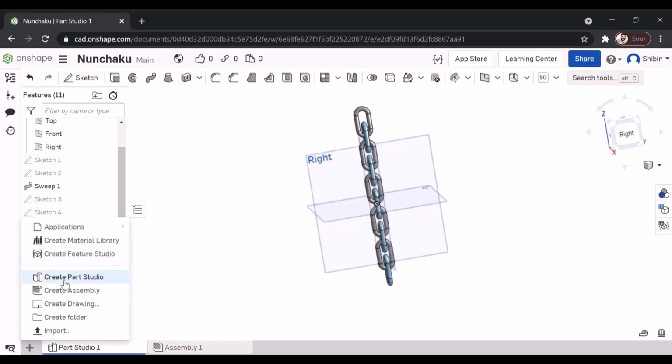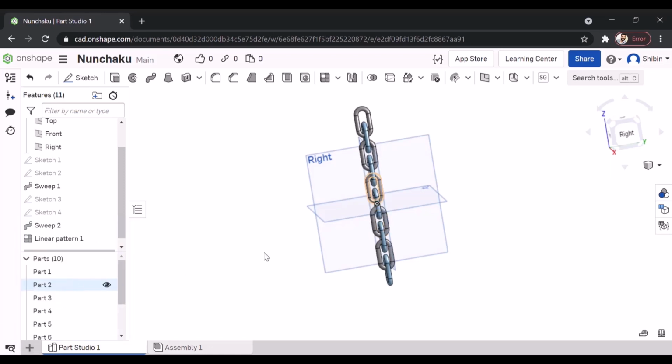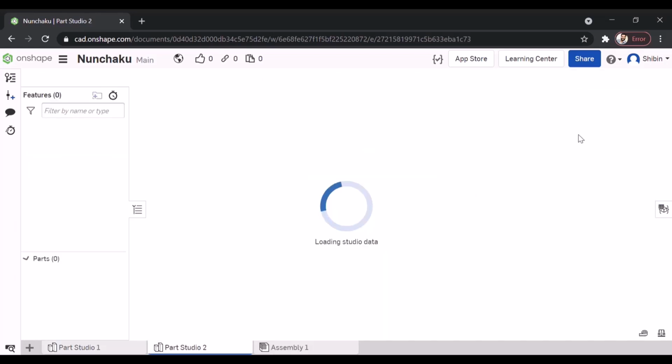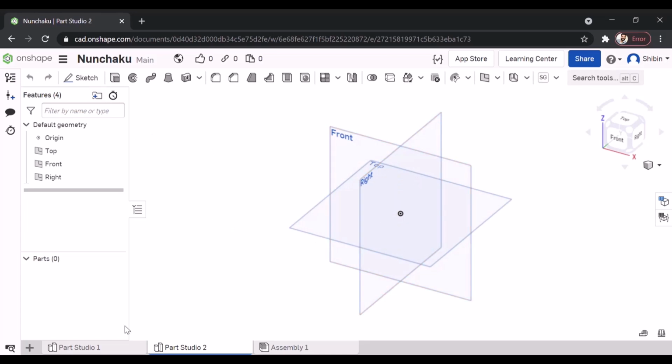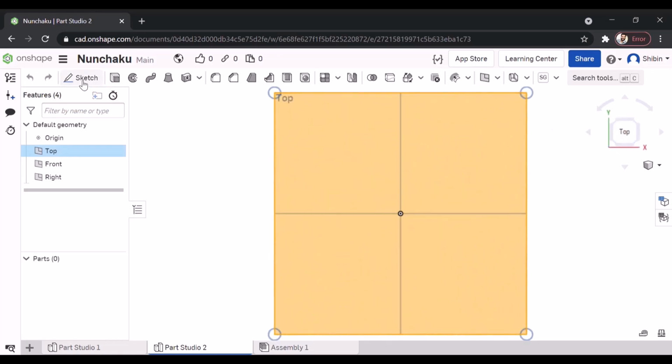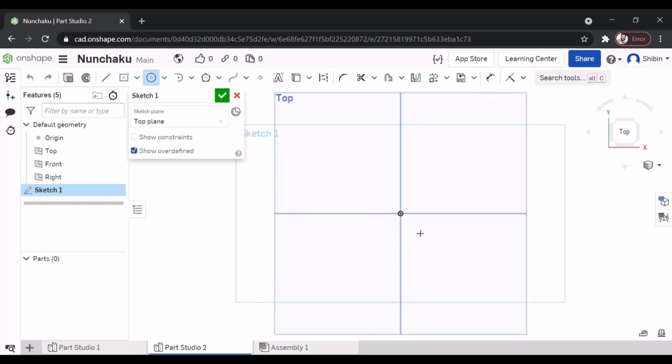So go to this plus icon. You can see Part Studio. Once you click on it, another tab will open up. Now this is where we'll be. This is the first part studio, and this is the second part studio. So sketch here. Just take the circle and dimension it.